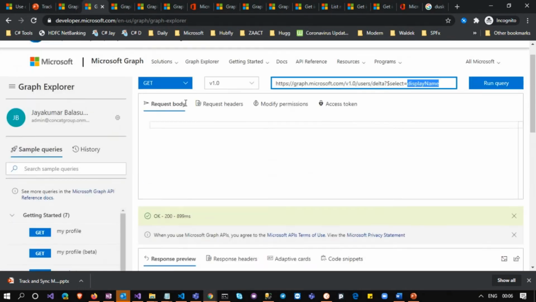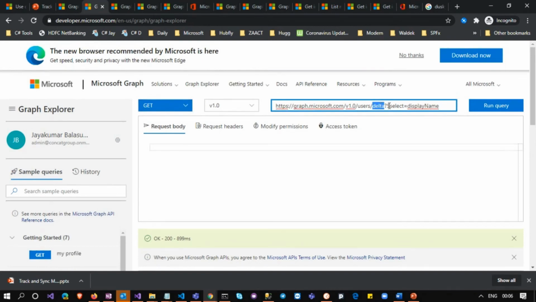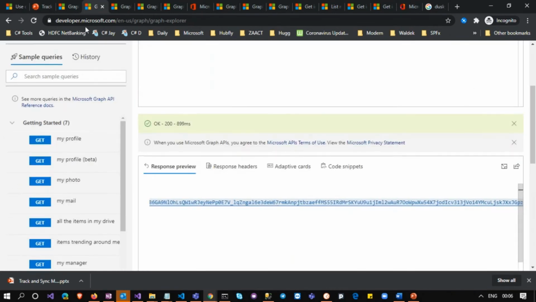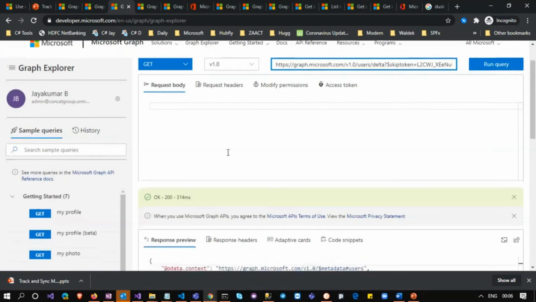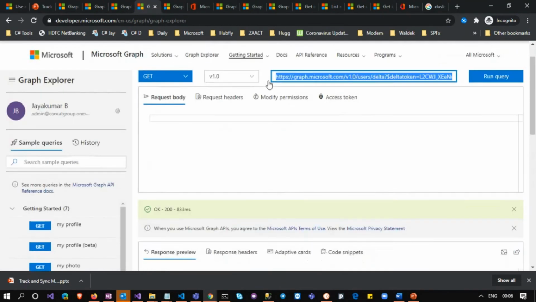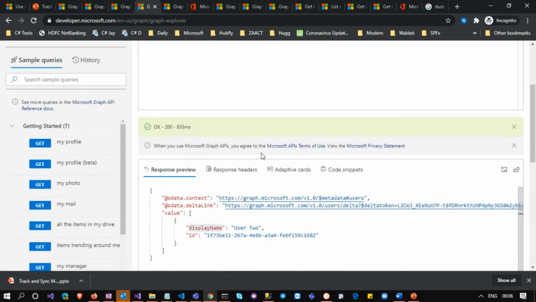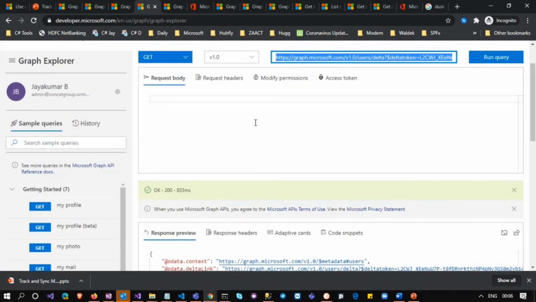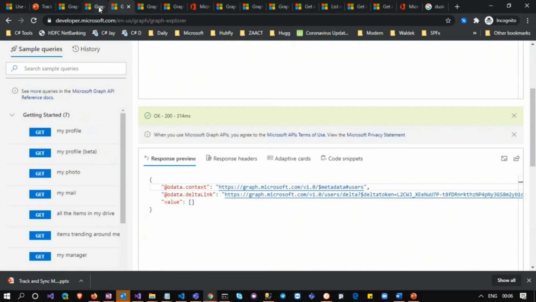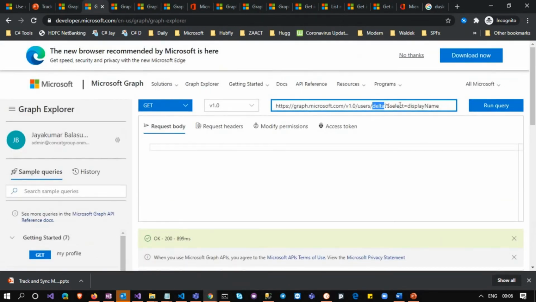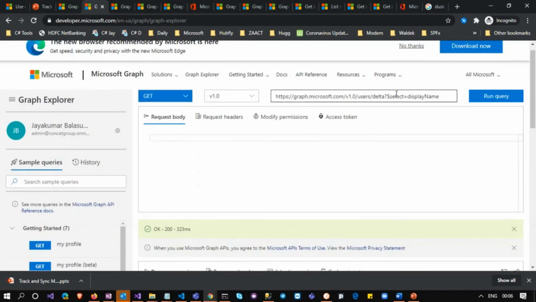If you see, I initially made a delta request to get the next link, and then from my next link I got this delta link, and then from this delta link I'm tracking all the process. This is a long process, right, which may again delay your process. Now there is an option for this also. For example, this is my initial request where I'm getting all these display names. Suppose I want to directly get the delta token for this one, I can do that as well.